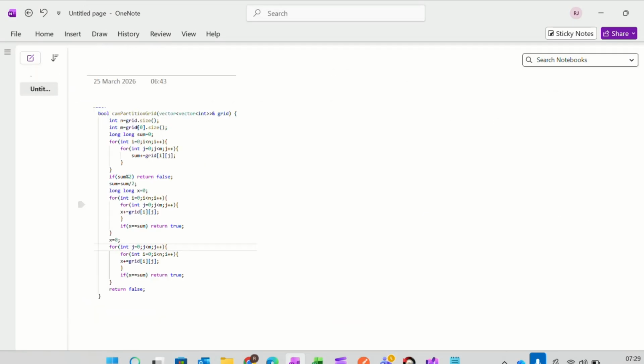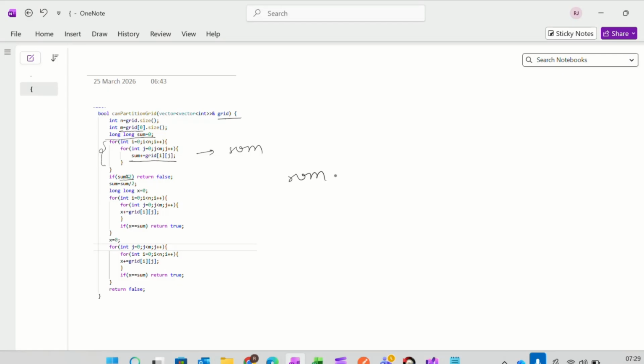तो solution में हमने क्या किया है कि अपन ने number of rows लिखे हैं and n is the number of rows and m is the number of columns. और अपन ने sum find करने का try किया है, like we will find the sum of the grid at the starting. तो अपन ने ये दो लूप लगाए हैं रो एंड कॉलम के लिए, and we will try to find the sum of the grid. After we got the sum of the grid, what we will do? We will do it with the modulo 2.